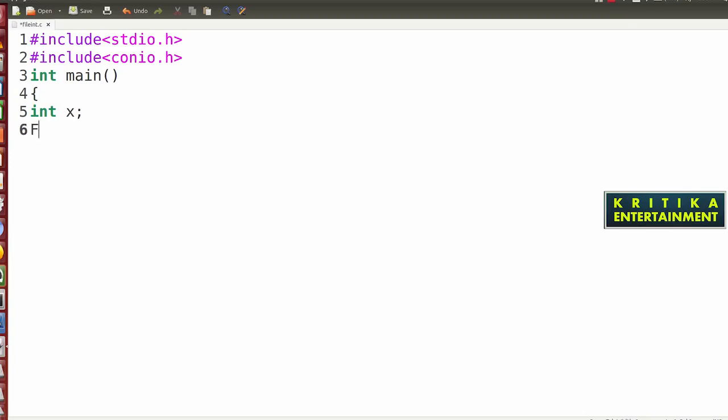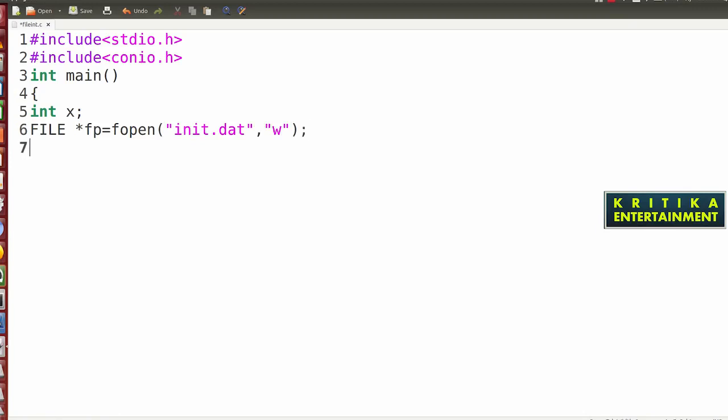Then I will declare the file pointer fp, equal to fopen, which is a file function. The file name, suppose, is int.data, a data file. I want to open it with write permission.